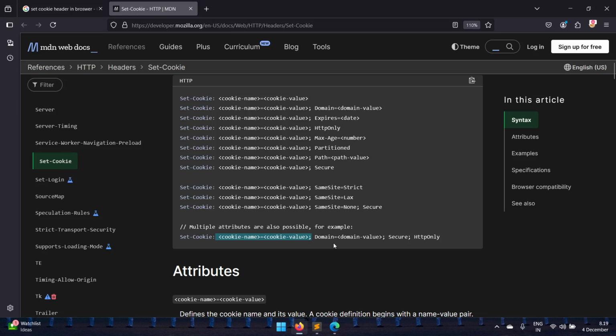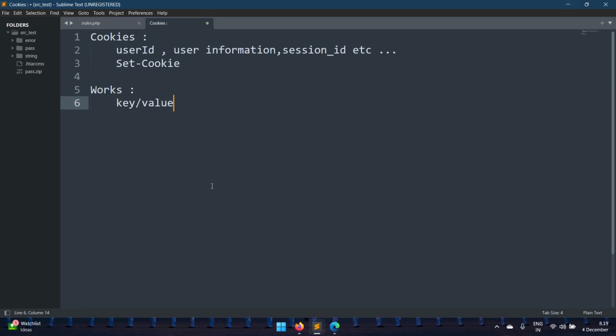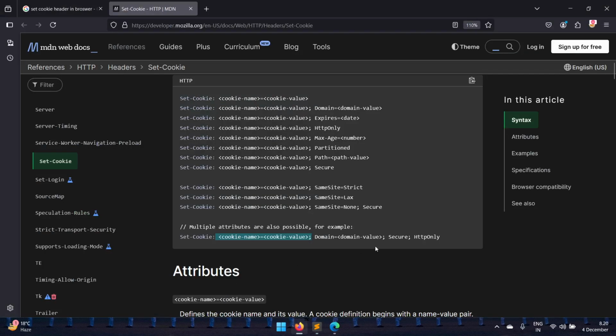So in that case, XYZ is the value and domain is the name. So a cookie works with a key value combination, like a pair, and when the server wants to set a cookie, it is passed in the header named set cookie, with the key value pair and some other options also available. Here you can see some of the options like secure, HTTP only,